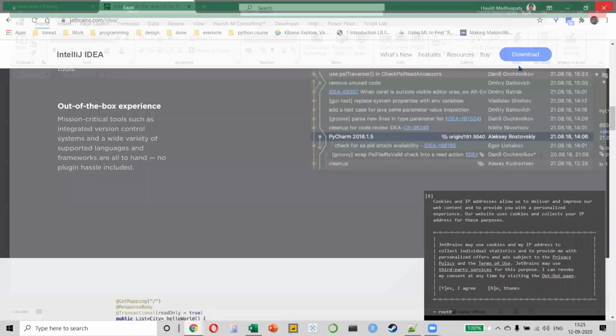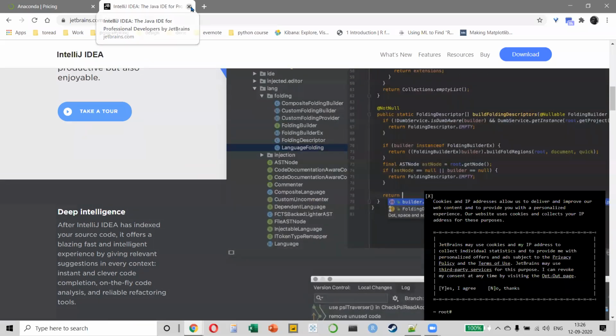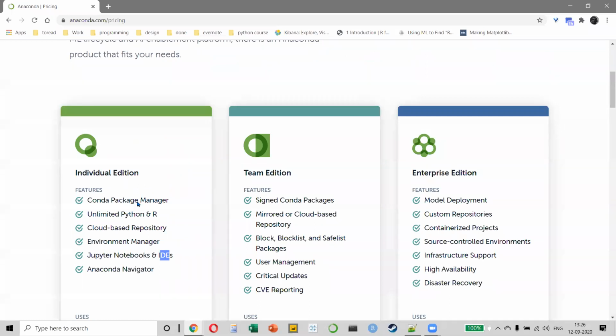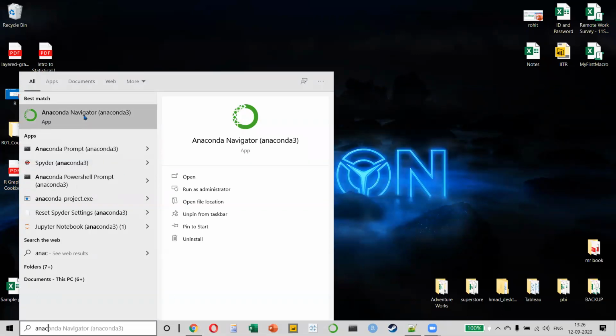That's okay. This is only for your understanding so that you don't feel that Anaconda is the only way possible. You can do it on other packages as well, even though this is the one that is recommended for beginners, right? Okay, now let's see how it looks. So I'm going to open my Anaconda Navigator.